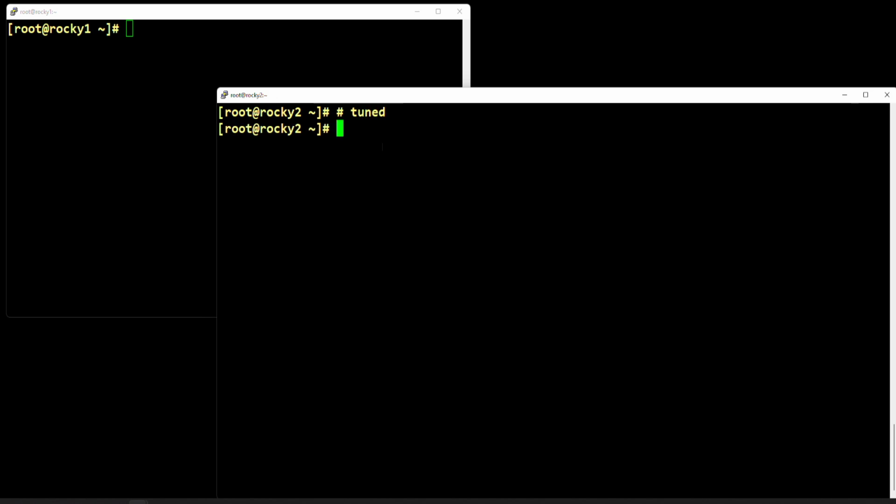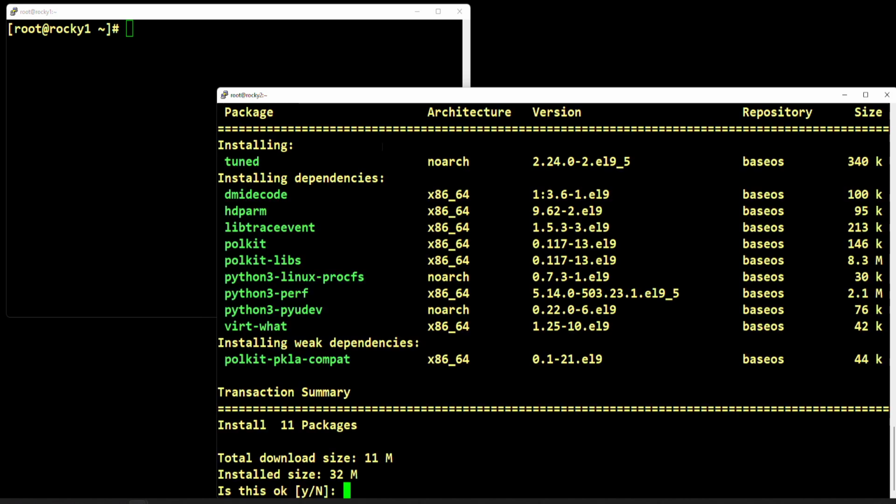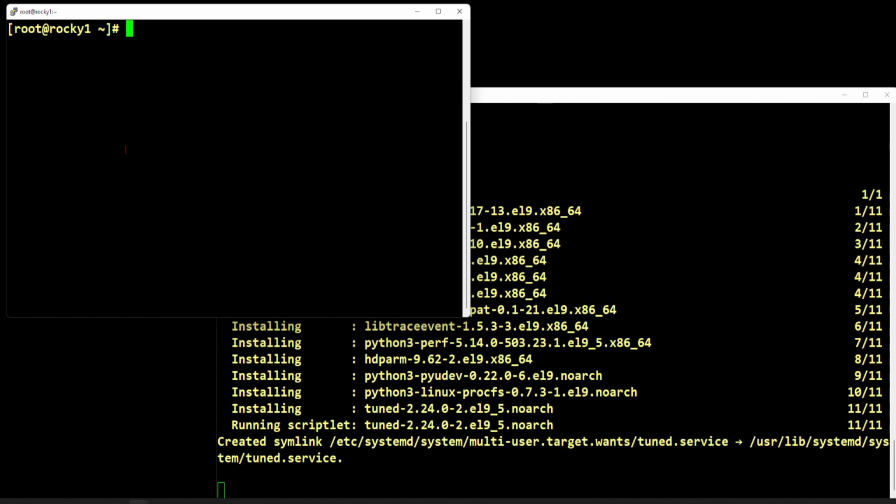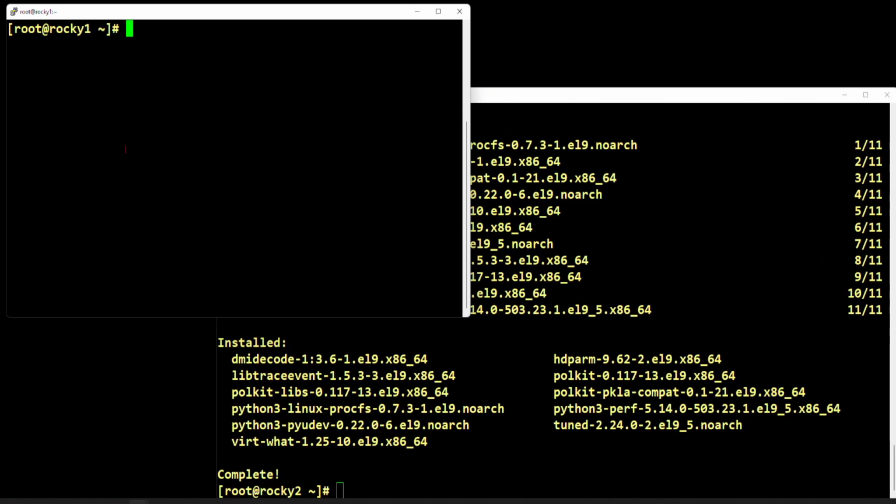Okay, this is the one where we want to make sure that TuneD is installed, and install it if it's not. So let's do dnf install tuned. It's not installed. Let's install it. Just for curiosity's sake, let's see if it's installed on this other one. dnf install tuned,